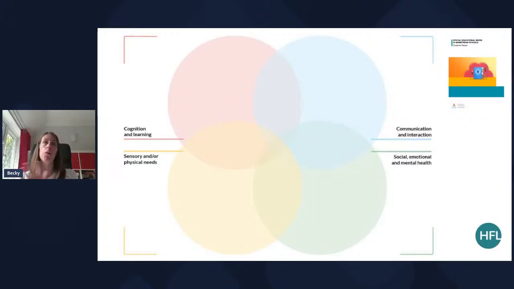You can see patterns across the school, but also patterns within classrooms. And that can really be useful to inform the provision that you put in place. So for instance, if you have a particular high prevalence of communication and interaction needs in a particular cohort or across the school, then really focusing in on those strategies to support those learners would be really beneficial. So really thinking about visuals that might be in place, that focus on language and vocabulary, on supporting students to process instructions and the language that's around them.